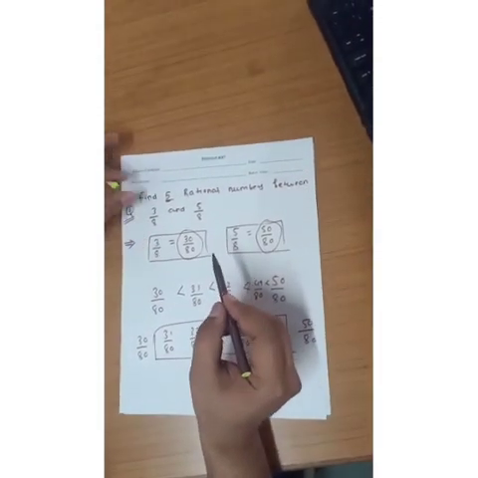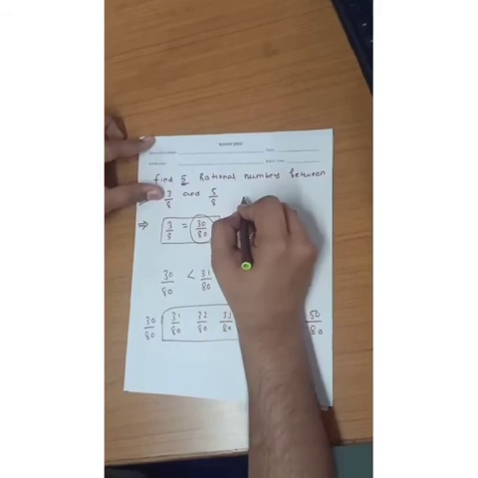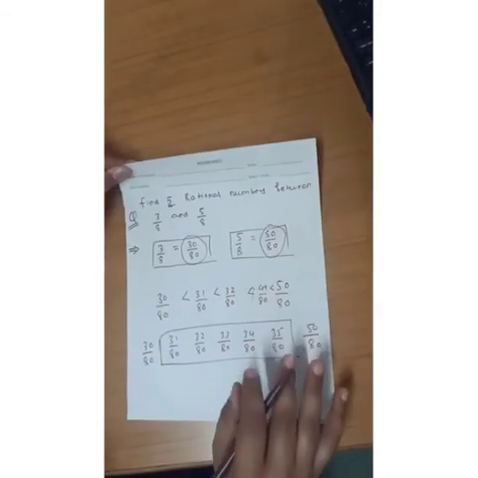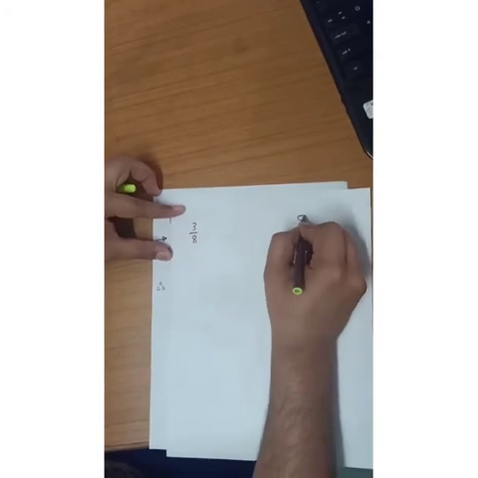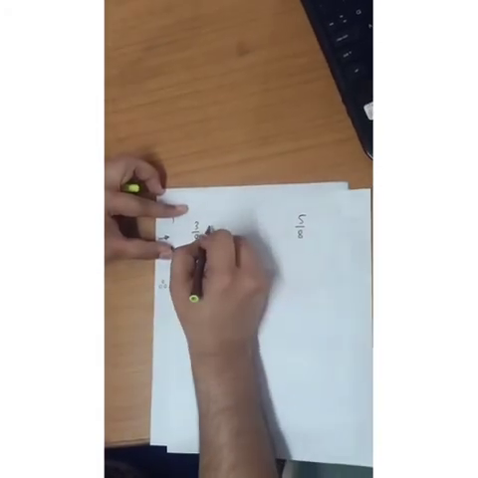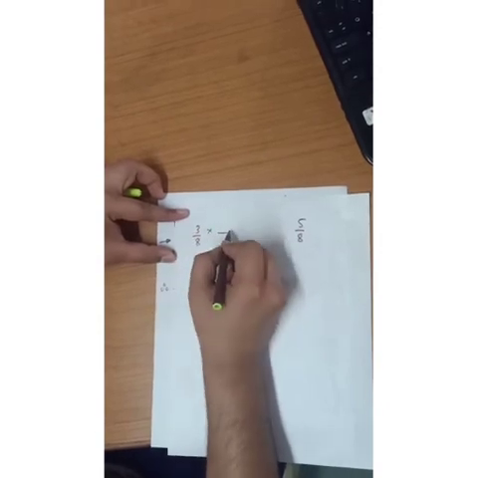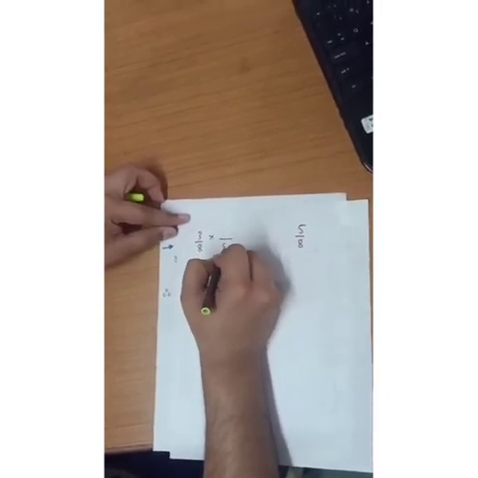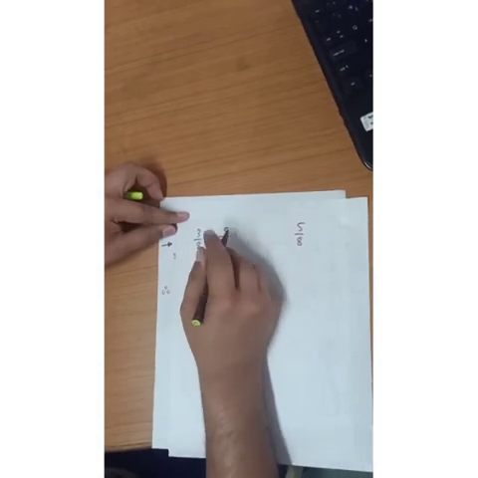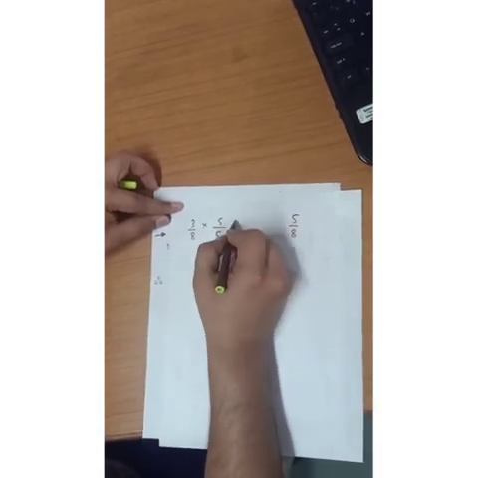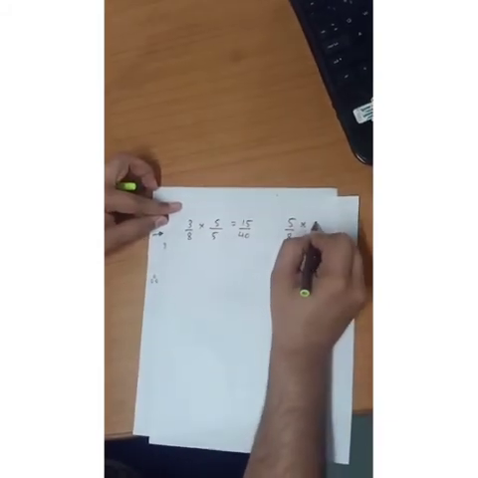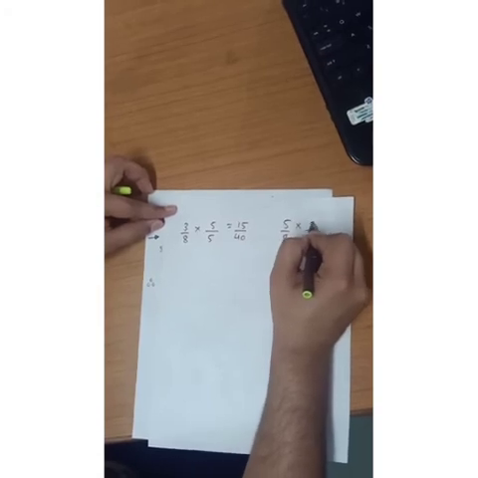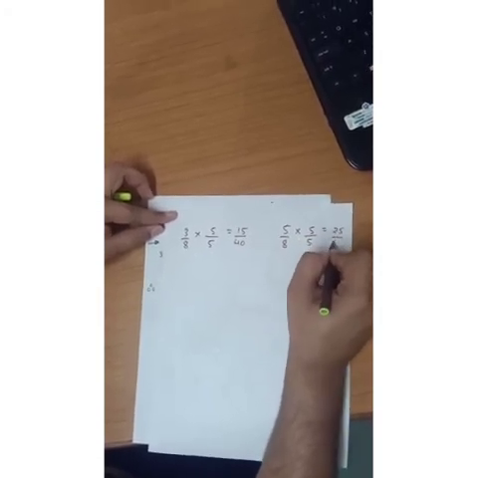So this is a very simple process to find rational numbers. This is the first method. Similarly, you can find them with another method. Our numbers are 3 by 8 and 5 by 8. How many numbers do you have to find? 5 rational numbers. So multiply with any digit. Let's take the number 5. If you multiply 5 in the denominator, you have to multiply the numerator also. 3 into 5 is 15 upon 8 into 5, 40. Similarly, here also multiply by 5: 5 fives are 25 and 8 fives are 40.